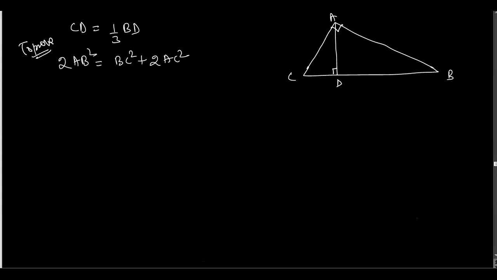Sir, I remember like we have done this question before itself. No, we have not done this one. We have done similar to this one, in which we were having this triangle and ABC is an equilateral triangle, and it was given that BD is 1/3 of BC. And then we have drawn this E. That was the other triangle in which we had to prove that 9AD square is equals to 7BC square.